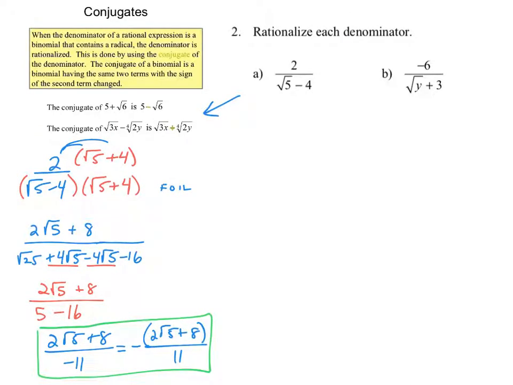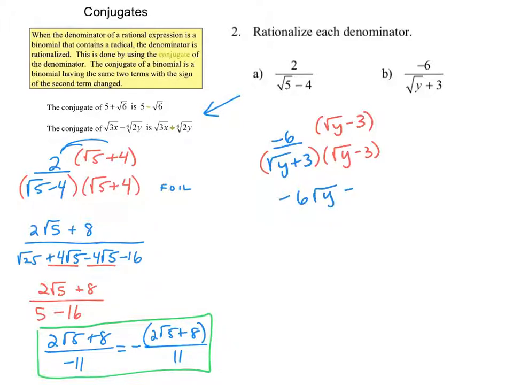Let's continue with example B, where we have negative 6 divided by the square root of y plus 3. We're going to rationalize the denominator by multiplying by the conjugate of the denominator. We're going to multiply the numerator and the denominator by the square root of y minus 3. We can use the distributive property in the numerator to get negative 6 times the square root of y plus